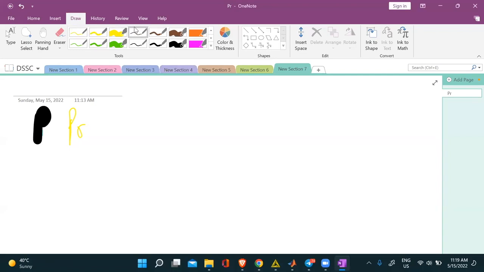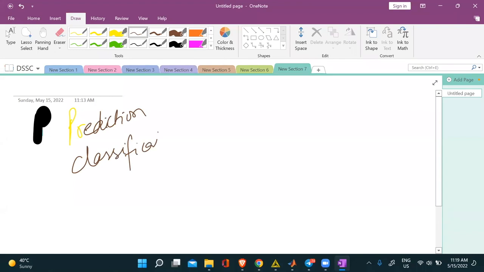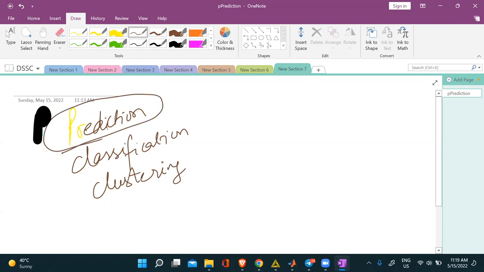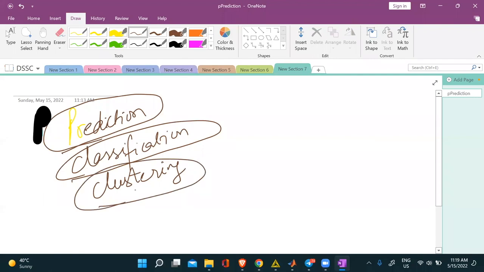Prediction task, classification task, and clustering task. Okay, prediction, we use regression for prediction. Classification, there are different algorithms, different techniques, and clustering, again, there are different techniques. So I will focus more on classification technique today, and if possible, then I will ask every one of you